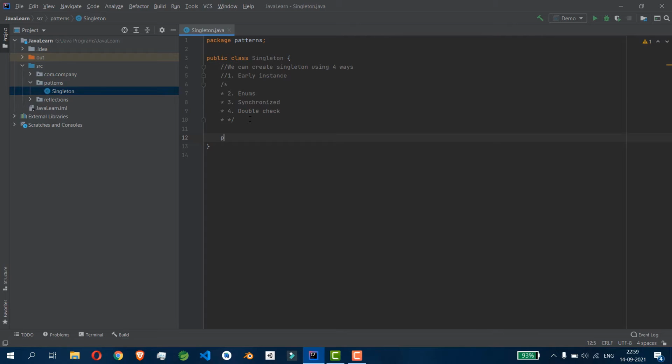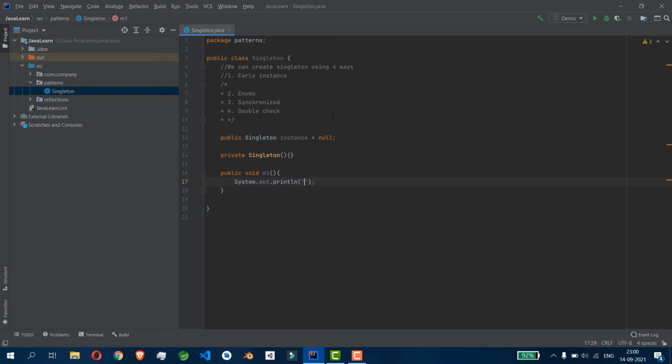In this early instance we can create it using the singleton keyword instance, and we make a getInstance method, which is returning the instance, which is returning the singleton. Okay, and checking if the instance is equal to null.